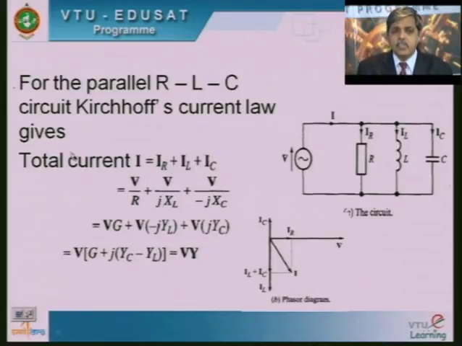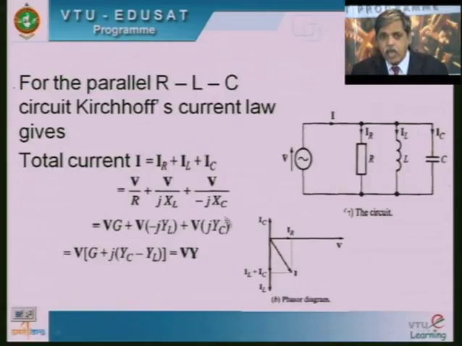You can see that as it is a parallel circuit, the voltage is the common parameter. Therefore, along the reference I have drawn the voltage axis. The horizontal axis should always be the reference, so I have drawn it along this. The current in the resistor will be in phase with the voltage, so IR and the voltage have a phase angle of 0 degrees. The current in the inductor will be lagging behind the voltage by 90 degrees, therefore I have drawn the current vector along the negative vertical axis, and the minus J in this expression represents that.